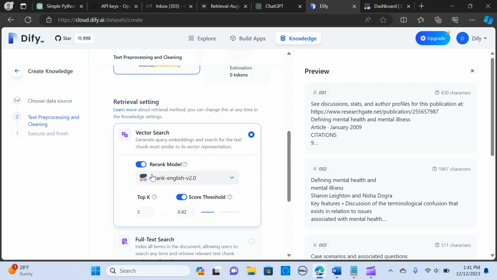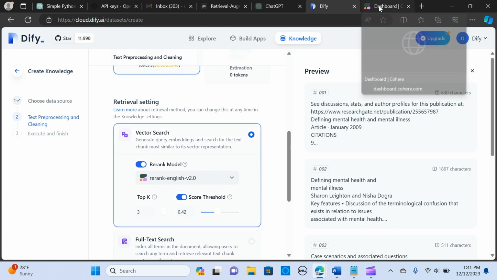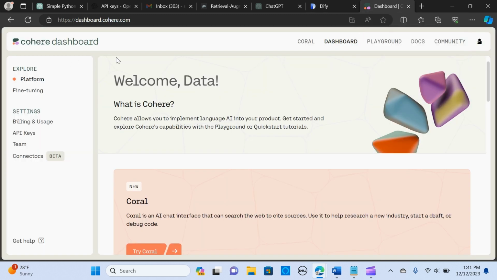In order to get to the model, you have to have done this already. This is used to do the re-ranking. You will need to connect to cohere.com, which allows you to implement large language models into your product.